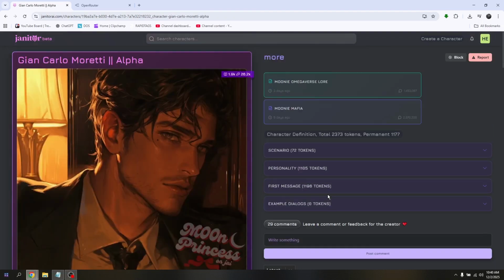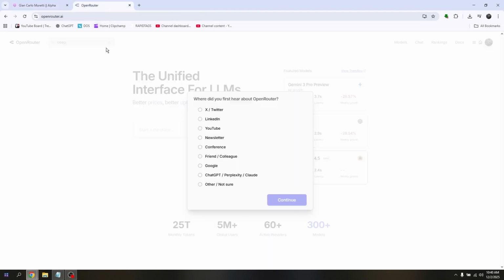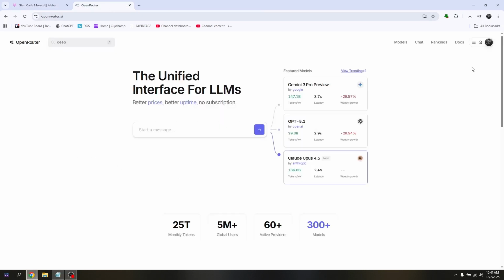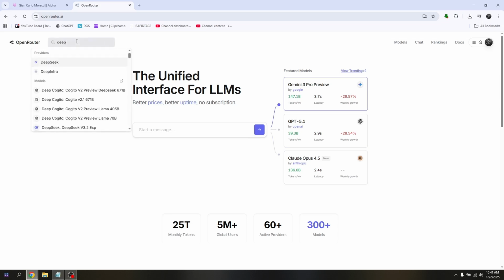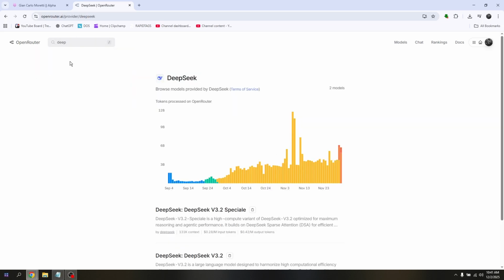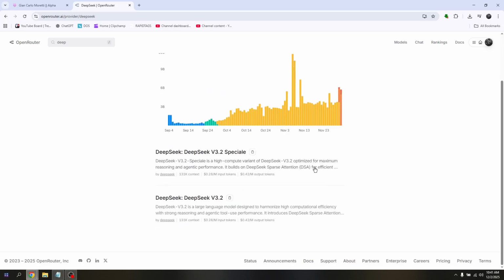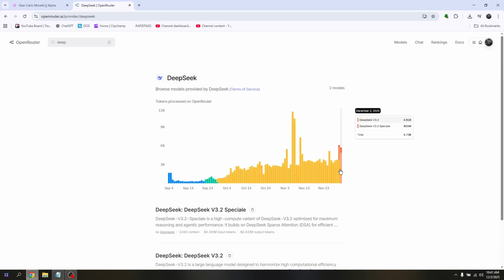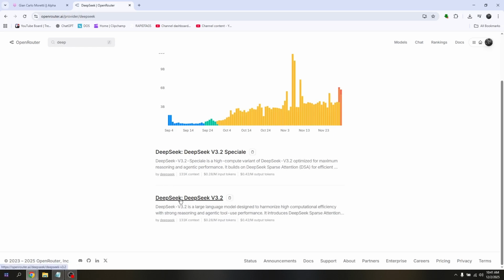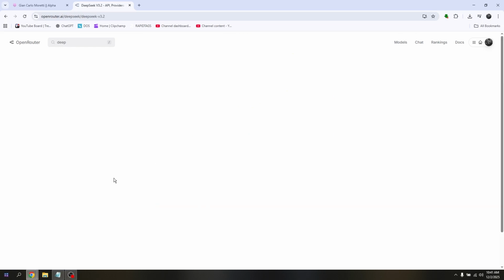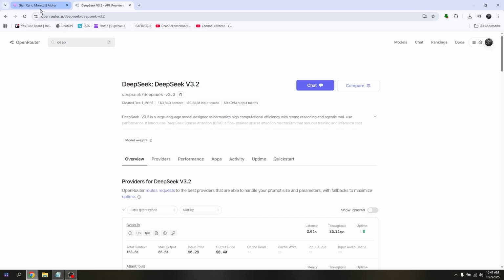Next is to open up another tab on your browser and go into openrouter.ai, okay? And create an account. It's totally free. Now, once you have fully logged in into your account on OpenRouter, all you have to do next is to go into this magnifying glass and search for DeepSeek. Now, there's going to be a lot of results here, but simply choose your preferred version or the specific model you want. So, say for example, we'll choose v3.2, click that in,